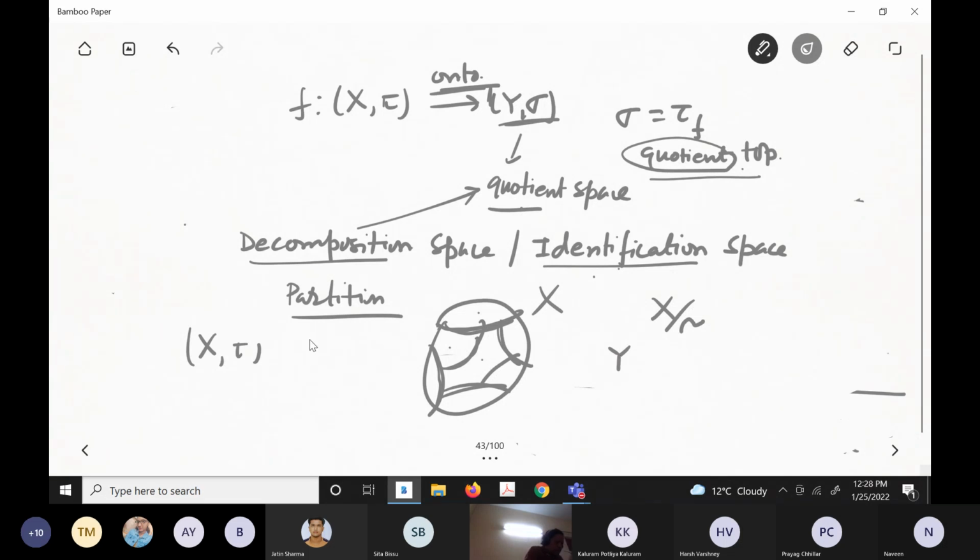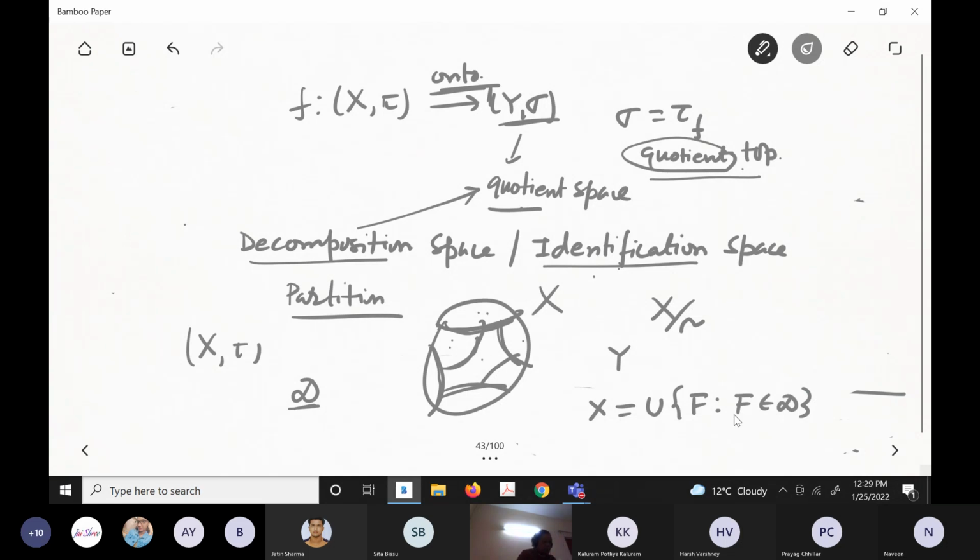So Y actually is talking about decomposition D, this D. Let me fix the notation. So that D is decomposition. That means X is the union of F, where F is a subset of X, but F is actually a member of each of them, like this. F belongs to D. So this is the way you indicate a partition or decomposition. Decomposition and partition are basically the same. Okay. So this is X.